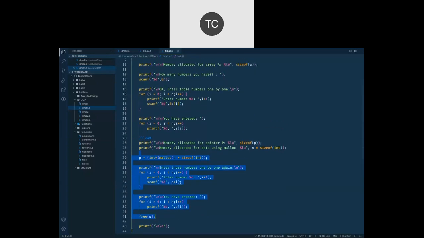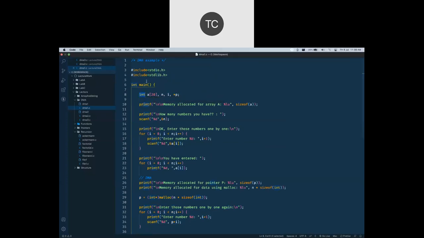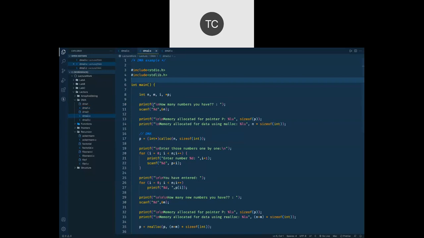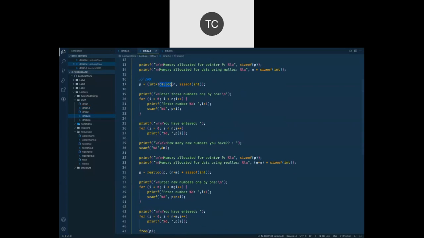And it is going to be integer elements. Later, we have gone for the second example, again integer elements. But in this example, we have gone for the calloc function, contiguous allocation, where we need not pass the total amount of memory that we require. What we pass is the number of elements and the size of an element. So there are two parameters in the calloc function: number of elements and size of element.